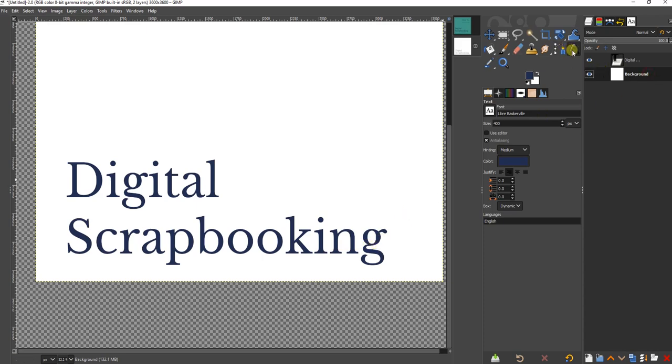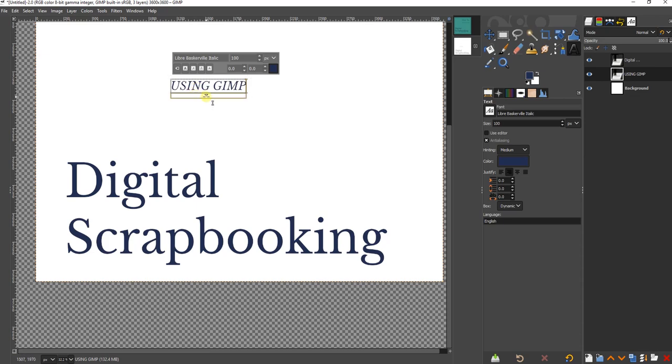I'm going to make sure that my text tool is active, and then I will click on my image, and it creates a new text box. However, I wanted this one to be smaller, so let me change the size, and I'm going to change the font here. I'm going to make it italic, and here we'll go using GIMP. And you see here, it's a different size, it's a different font, but it's kind of in the